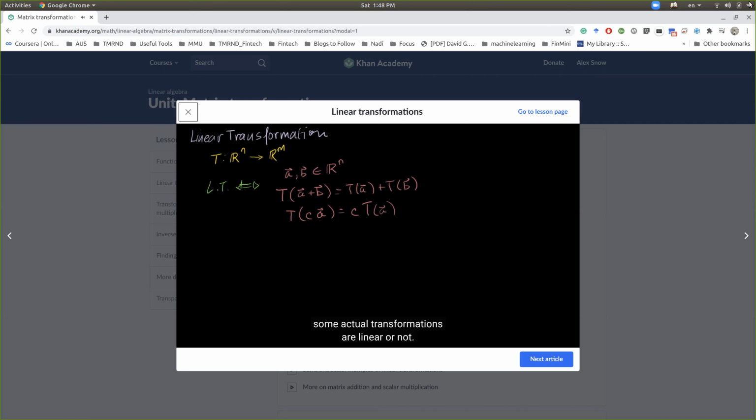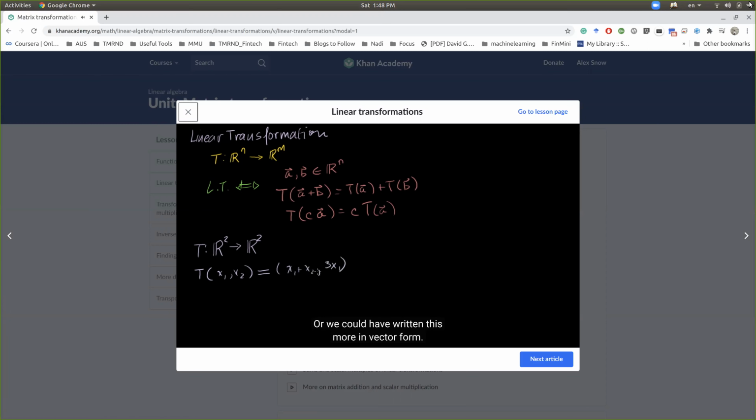linear or not. So let me define a transformation. Let's say that I have the transformation T. Part of my definition, I'm going to tell you it maps from R2 to R2. And if you give it a 2-tuple, its domain is a 2-tuple, so you give it an x1 and an x2, it maps to, or it's associated with, x1 plus x2, and then let's say 3 times x1 is the